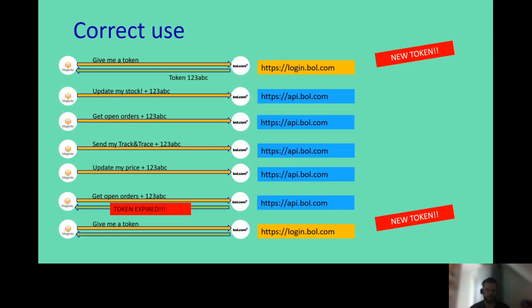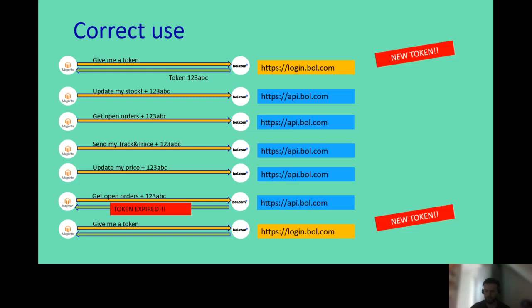I will be discussing the incorrect use shortly. So you get your token, let's say token 123ABC, from login.bol.com. You use this to connect to api.bol.com. You use that same token for, let's say, updating stock. You use it again for getting open orders. You use it again for sending your track and trace. You use it once more for updating your price and perhaps getting your orders again. So the same token can be reused many, many times during its lifetime, until you get an error which says